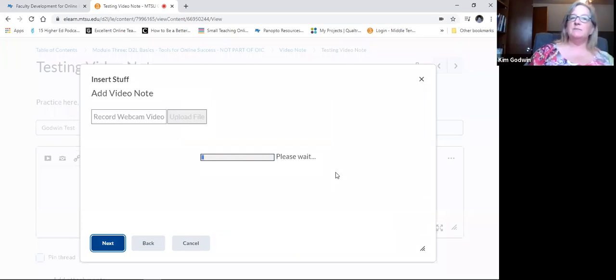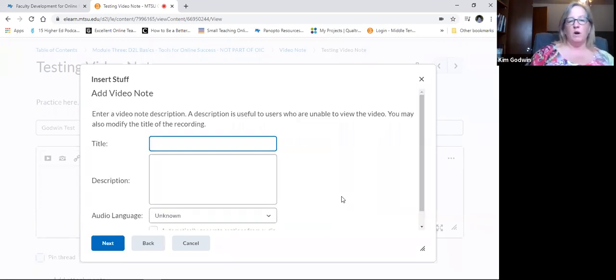It does some converting. That's part of it, switching it from what's going on with my computer and how my computer works to setting it so that it will work within D2L. You would then title it. You can add a description if you want to or if you need to. This is not necessarily